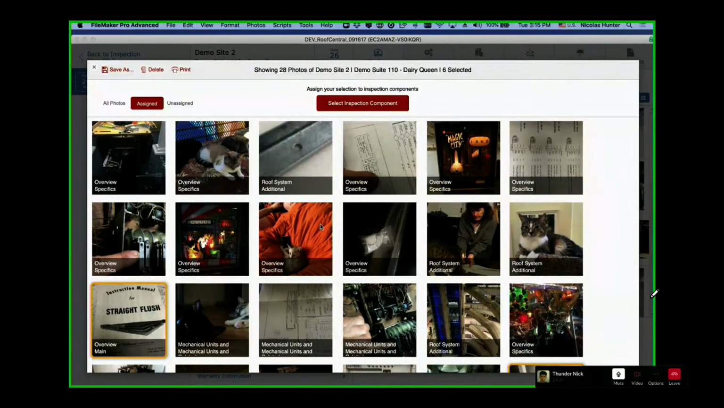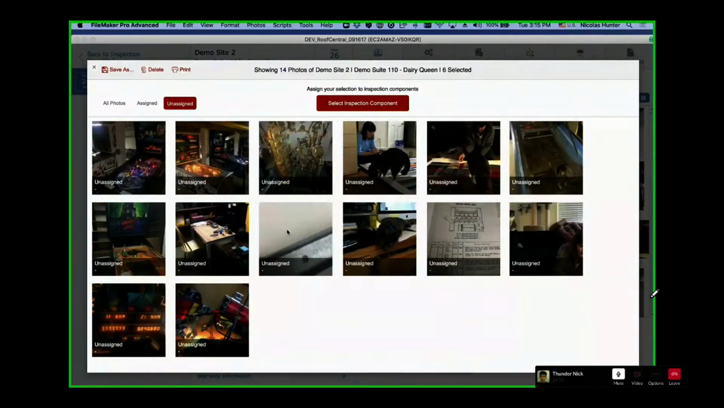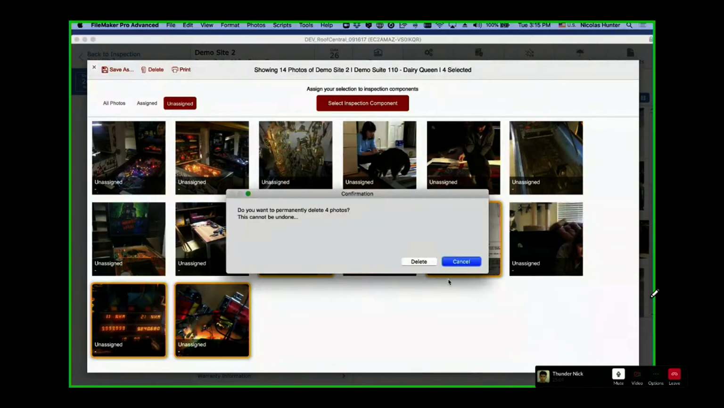So let's say I'm done with this. I have some unassigned photos because I don't care about some photos. Here on the unassigned photos, for example, you say, okay, you know what? This one doesn't make any sense. I don't want this one. This one doesn't make any sense. This one doesn't make any sense. I want to delete them. So you can press the delete button, or you just go to your keyboard and delete